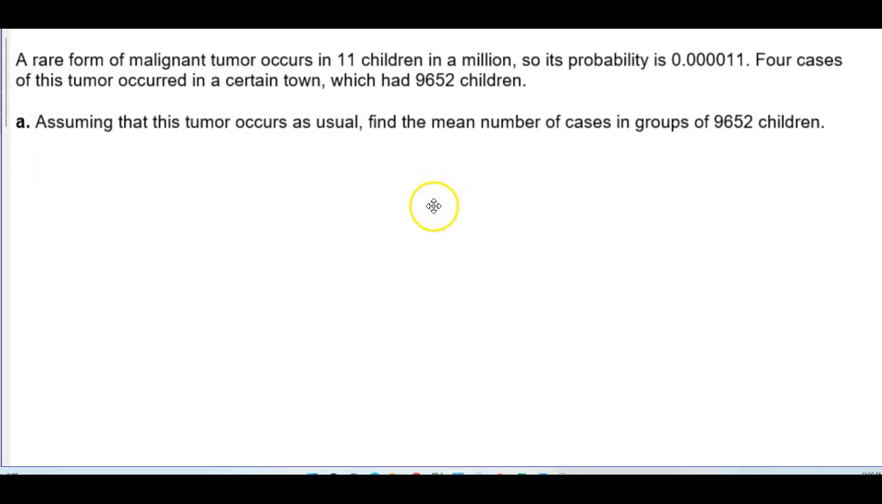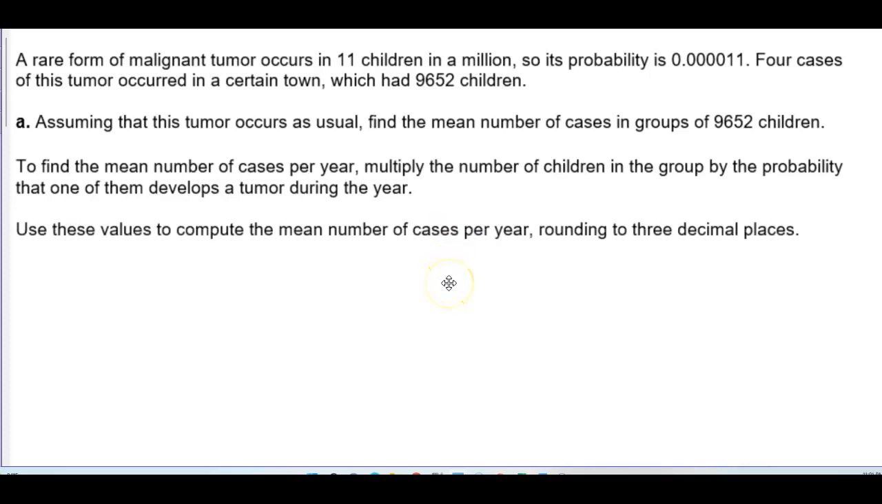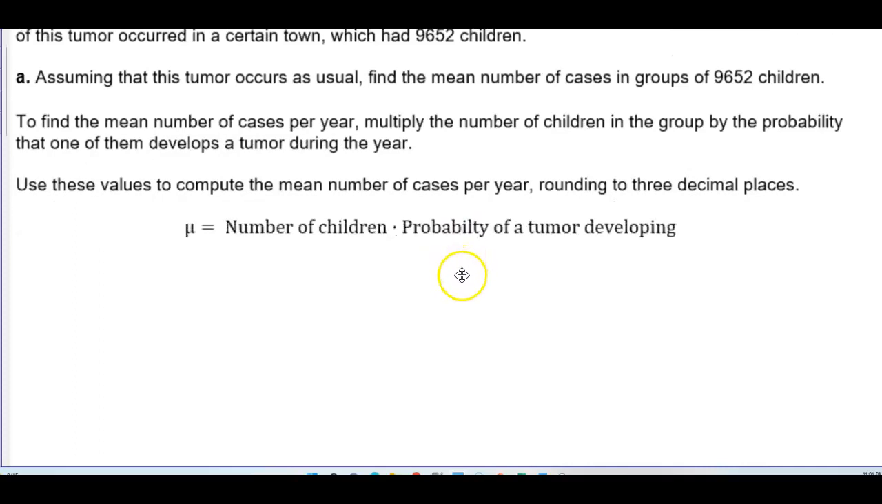9,652 children. So to find the mean number of cases per year, we multiply the number of children in the group by the probability that one of them develops a tumor during the year. So we're going to use these values to compute the mean number of cases per year, and then round that to 3 decimal places. So the mean is equal to the number of children times the probability of a tumor developing. So